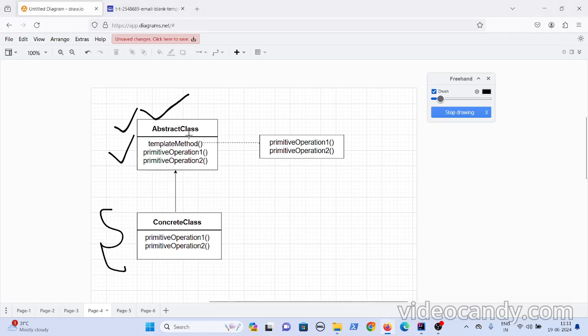Now, in the abstract class you have one template method. This template method defines a few steps or methods inside it. This template method will have, say, 1, 2, 3, 4, 5 methods that have to be executed in an order. This could be any algorithm, be it an email template or the recipe for preparing tea, coffee, or anything.